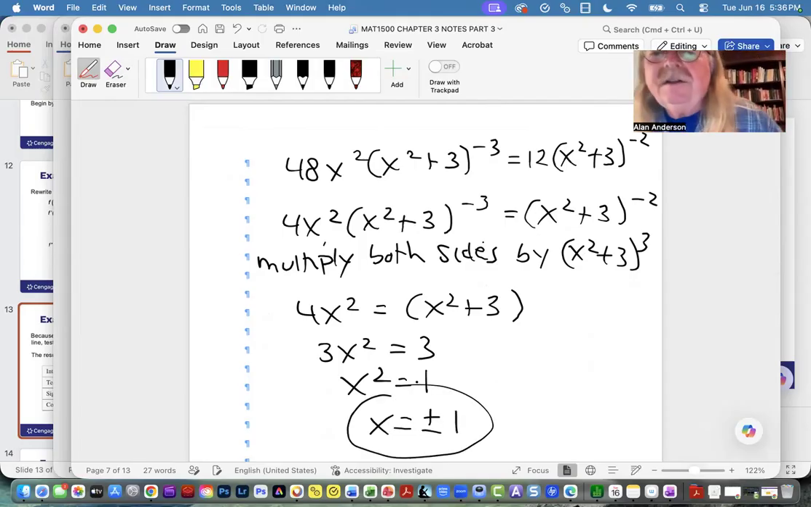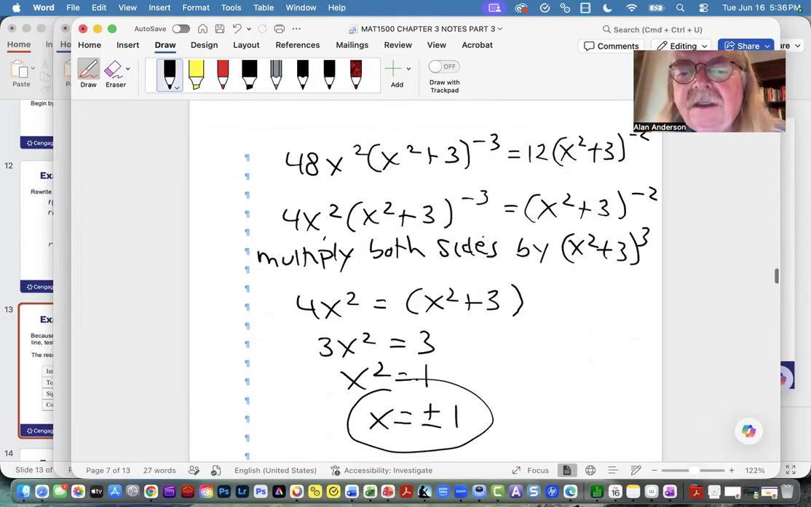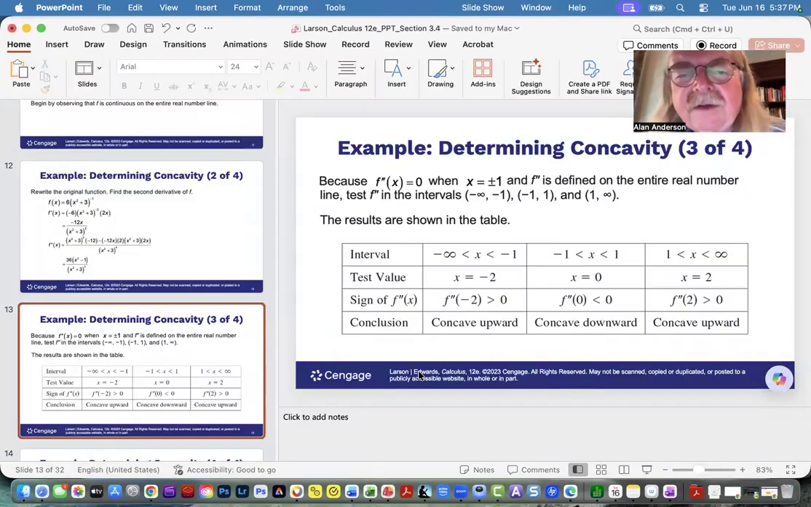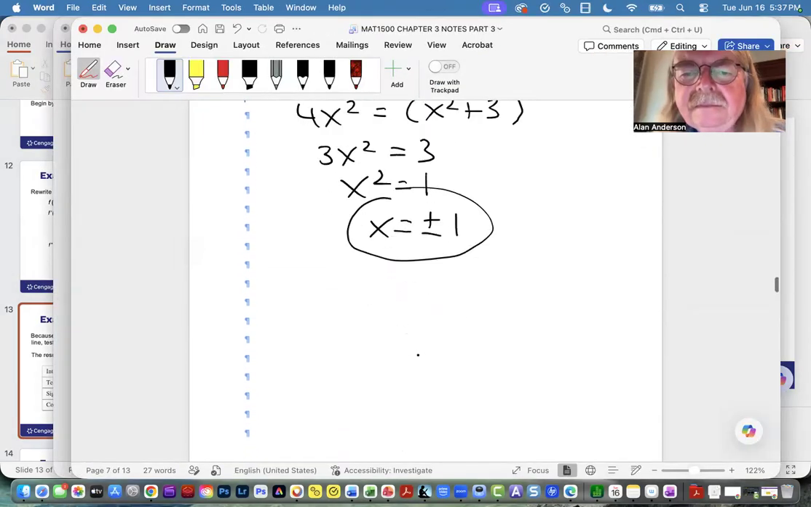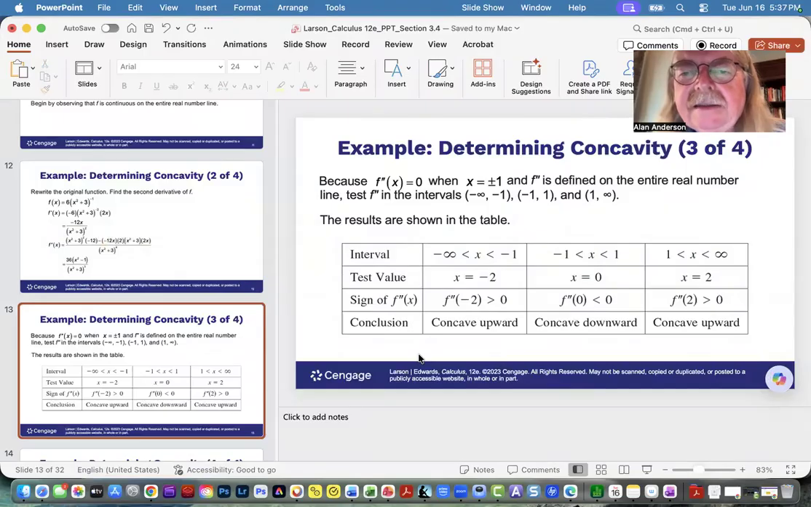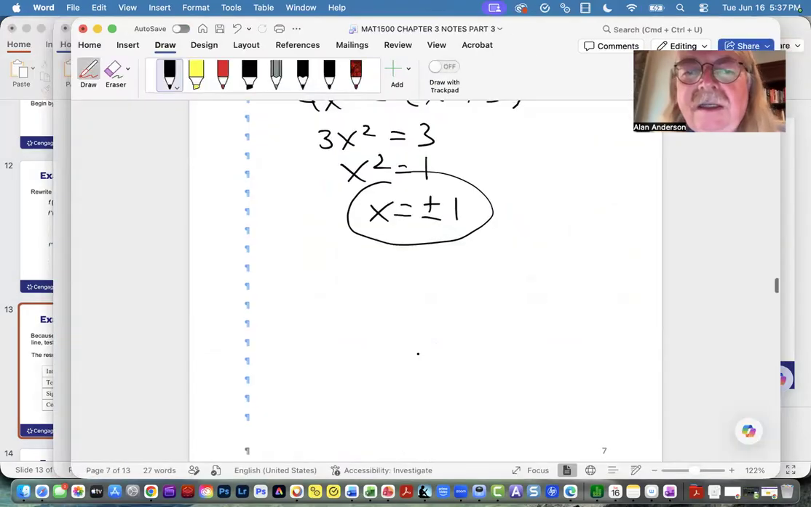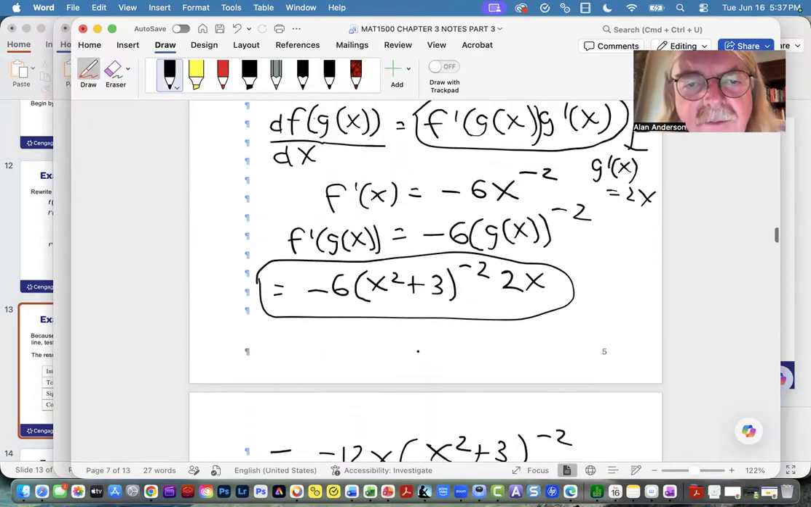All right, well, that proved to be not too painful. So what they're going to have us do now is set up this little table and identify the value of the second derivative within each of these intervals. So if you go back to the original graph,